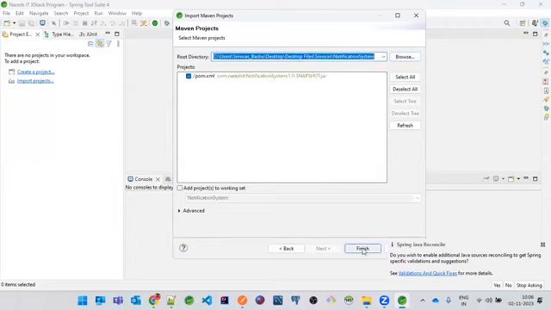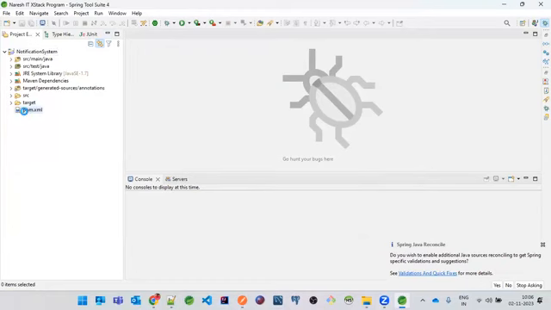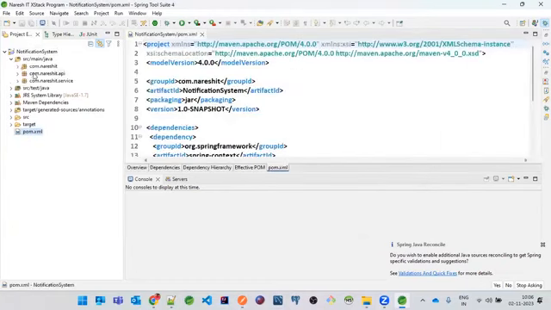And probably once this is there, you can just import it on the fly. Okay. Now our notification system is in place. Now I just have to go to this pom.xml. And again, I'm saying that you have this